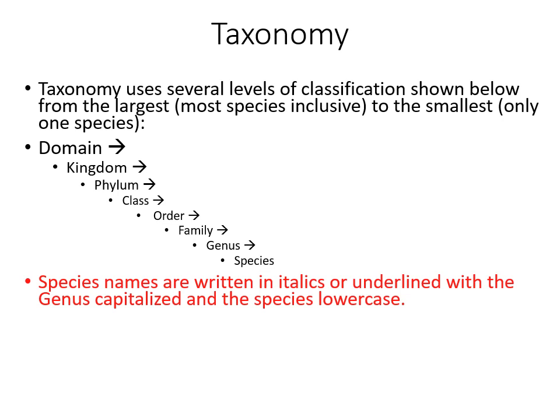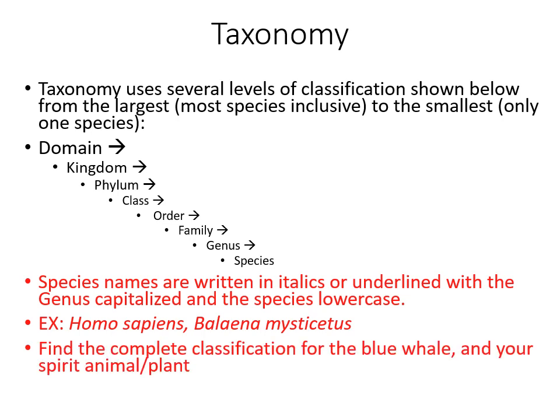So when we talk about species, we're talking about the group which interbreeds for the most part, but there are other different ways to define a species. I'll say some examples. Humans are Homo sapiens. The bowhead whale is Balaena mysticetus. One of the things you can do is you can look up, basically Google any organism, from a bacteria to a plant to your spirit animal, and you can find the scientific name and most of the taxonomy just listed on the Wikipedia page. All right, so this is something we'll do in class.